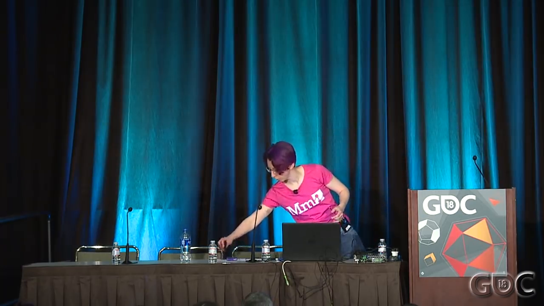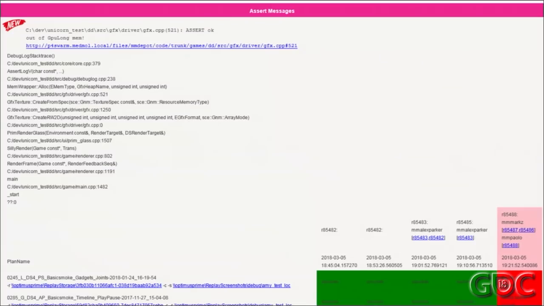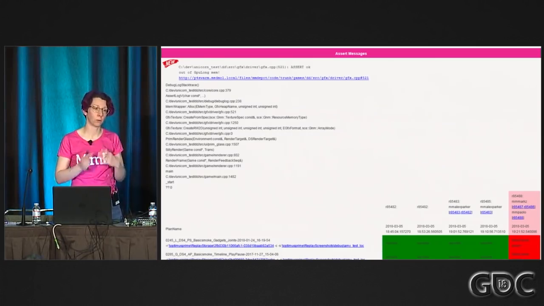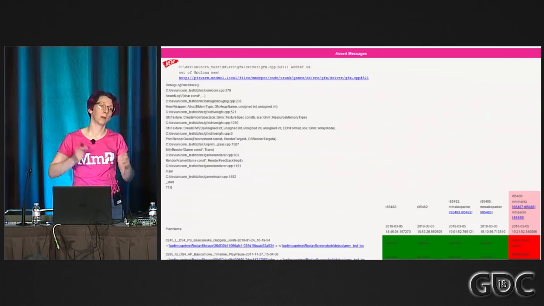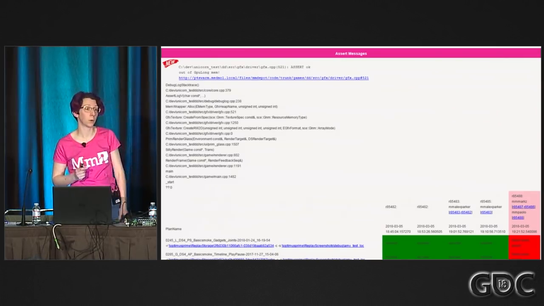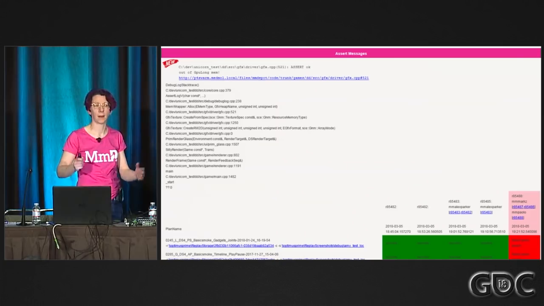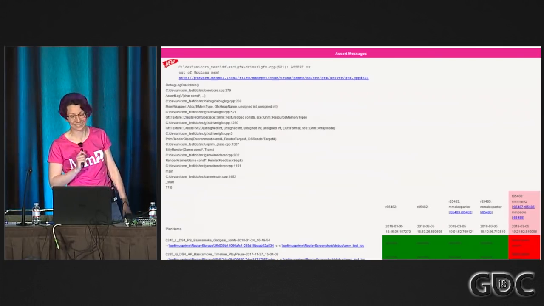So one thing we do is, if we go back to the email, in the email you've got an idea of who checked in and broke it. You can see that there's 3 revisions there. It's kind of small, but there's 3 revisions, and you know it was one of those 3 that broke it. So you do get extra information there, but no, we've not tried anything other than looking at who added the assert. And yes, it's a good point. If you fall off the end of an array, then I don't know who added that assert. Okay, thank you.